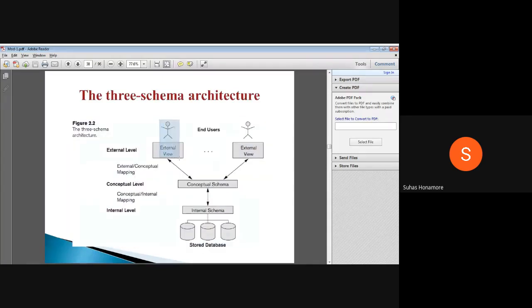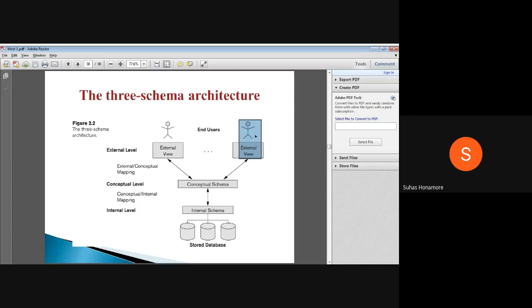Suppose you look at the IRCTC website: while entering you may have to enter the captcha also, some digits they will ask for, and you will get an OTP. But whenever you go to a reservation counter, they will not do these kinds of things. Their view will be completely different. They are accessing the database and modifying some content only. They will not get any OTP kind of things, so directly they will do it.